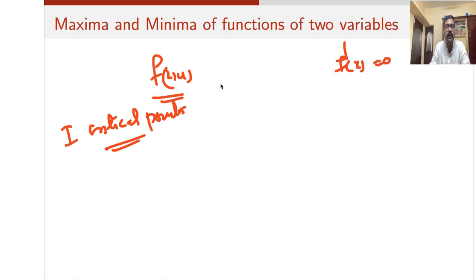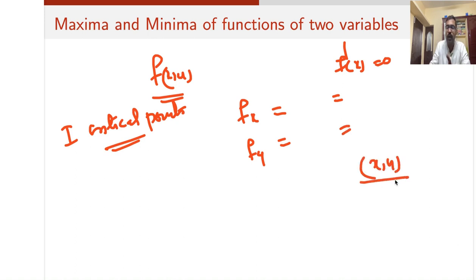So there are two first derivatives coming. So what will you do? First I will take fx of (x, y), then I will take fy of (x, y). I will be getting two equations, and both of these equations I will equate to 0, and solving them I will get the critical points, which are simply (x, y). Okay, so what is the method?